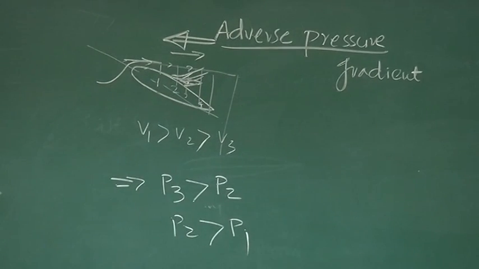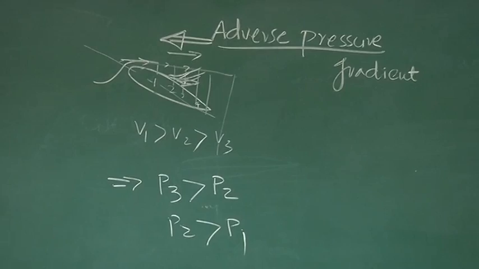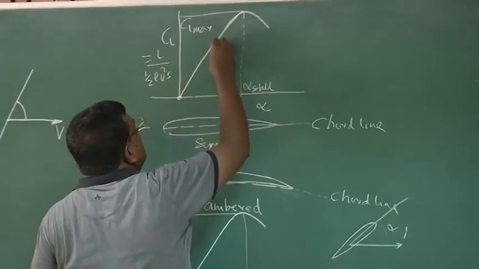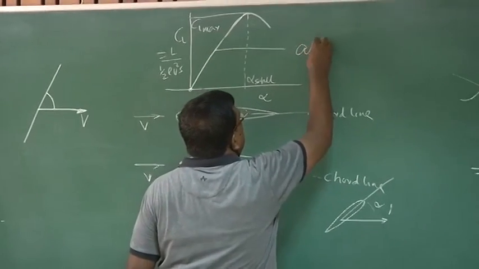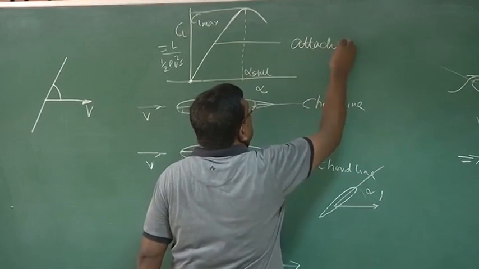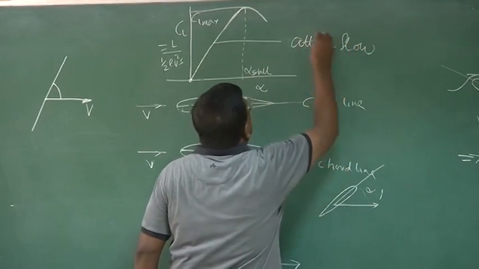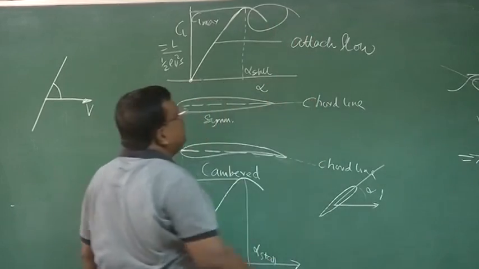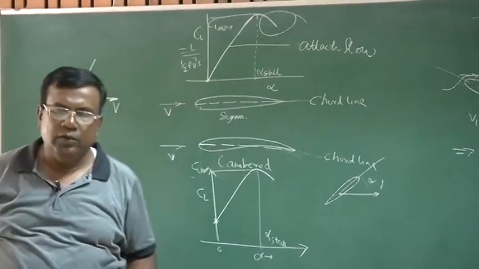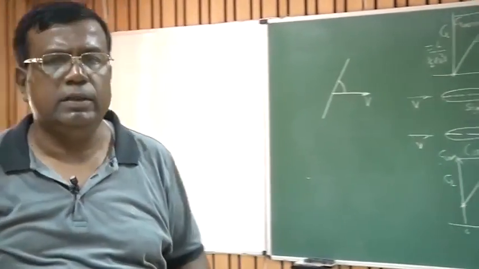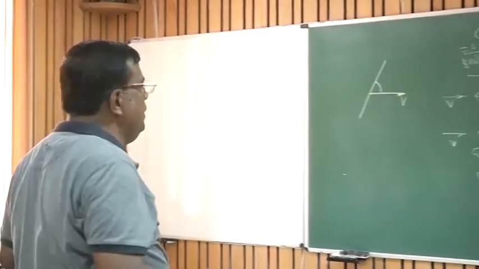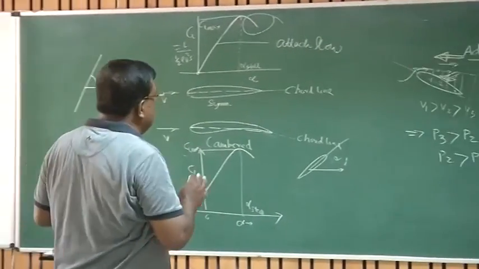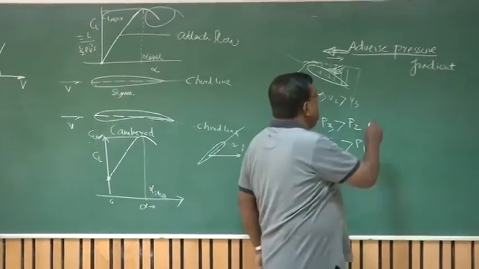Stall is much more than this, but we need to know that when we are talking about this zone where it is almost linear, I am talking about attached flow. And when I am talking here, I am talking about separated flow. There is a sophisticated aerodynamics to explain all these things. We are not going deep into it. We only need to understand one thing, that for a symmetric aerofoil,